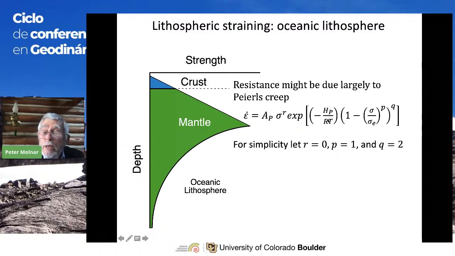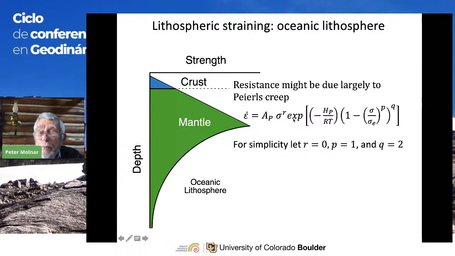But if temperature is small, this becomes a large value, and an exponential of a minus large value will be a small number, so the strain rate would be smaller in the case of low temperature than high temperature. And then one has this complicated dependence where sigma is the differential stress. It's effectively the deviatoric stress. It's scaled by some background stress raised to some power, and then this difference raised to a power. Many of the flow laws are 0, P is 1, Q is 2.